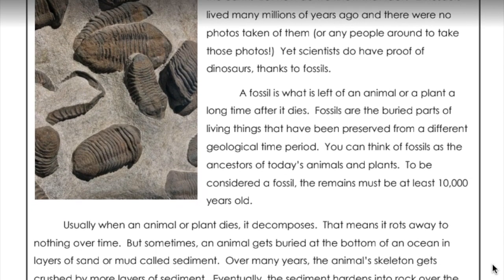Usually, when an animal or plant dies, it decomposes. That means it rots away to nothing over time. But sometimes an animal gets buried at the bottom of an ocean, in layers of sand or mud called sediment. Over many years, the animal's skeleton gets crushed by more layers of sediment. Eventually, the sediment hardens into rock over the bones, which decay. When that happens, minerals slowly replace the bones and make a cast of the skeleton in the same shape as